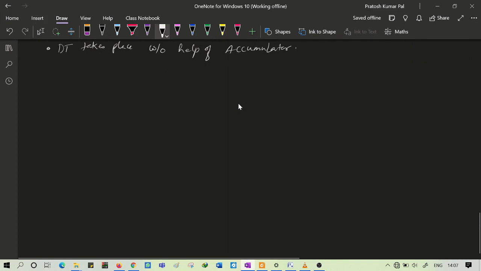Now we will see the serial input output data transfer. Here in case of serial data transfer, a single bit of data will be transmitted at a time.